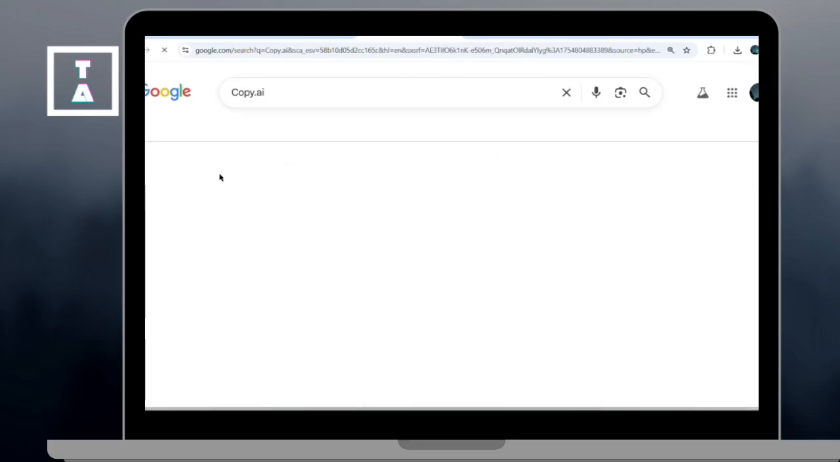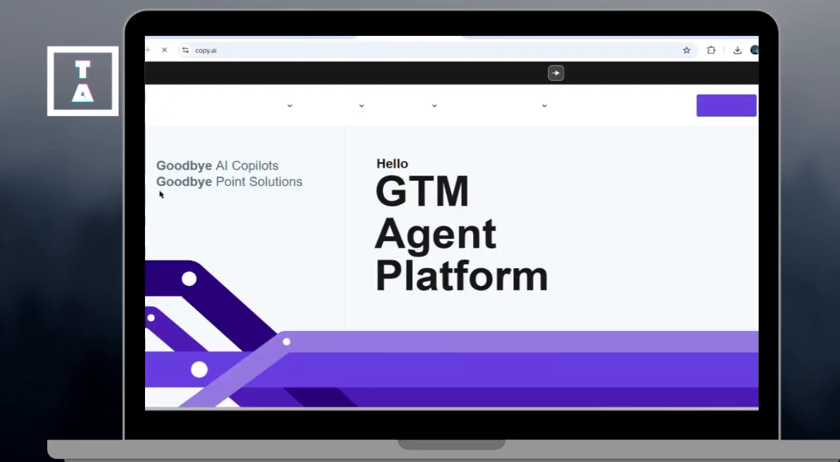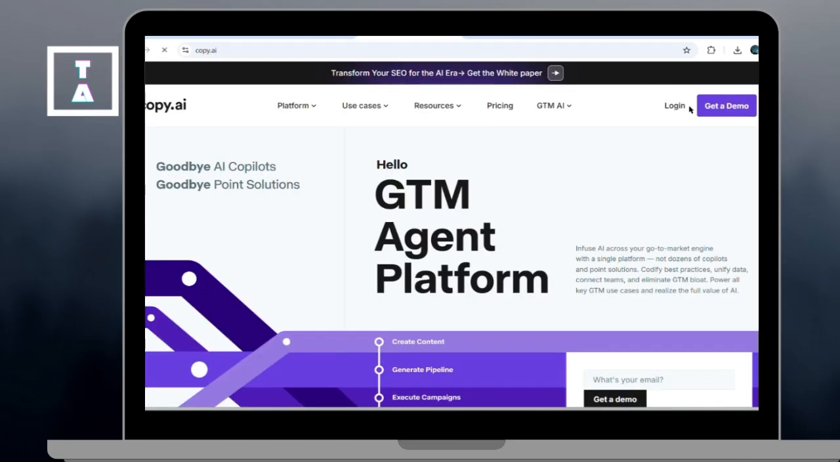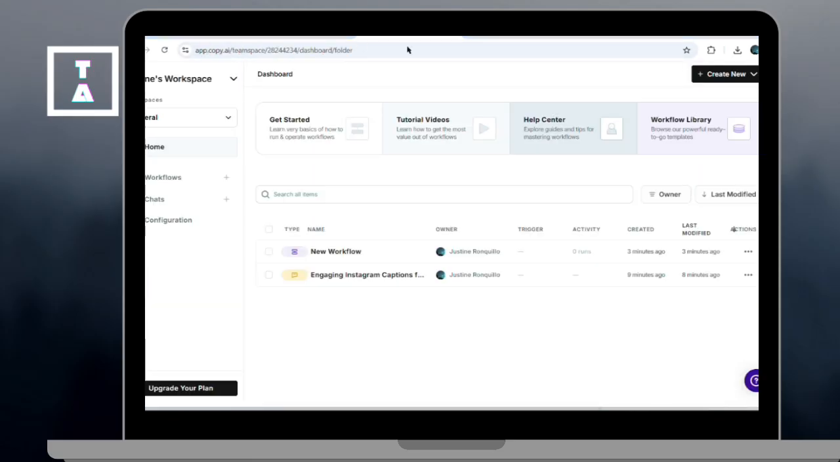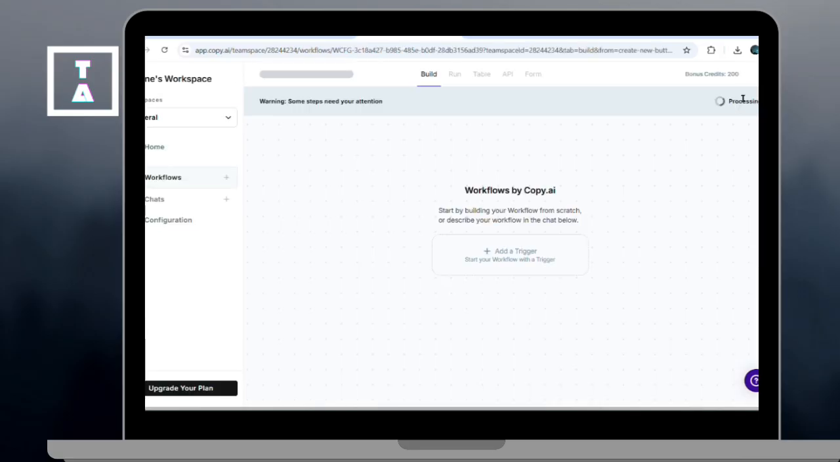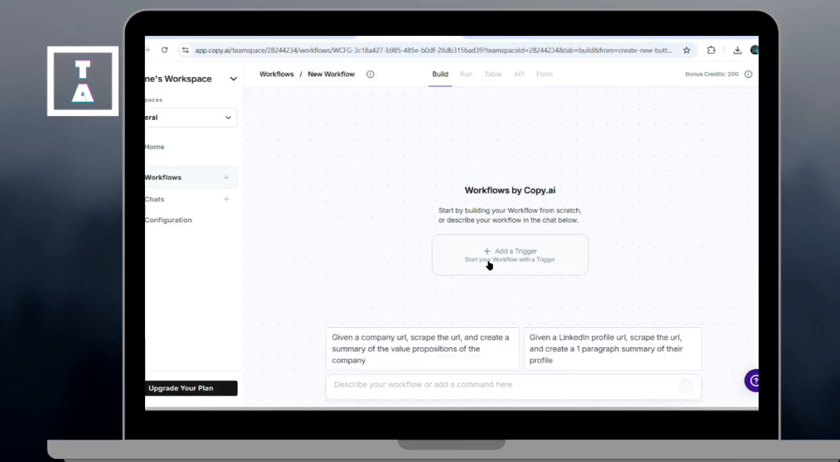Let's get started. First, all you need to do is log in to Copy AI and go to your dashboard. Then here, click the plus create new and select workflow. Then here, browse or search for a LinkedIn post workflow template if it's available, and open the workflow and